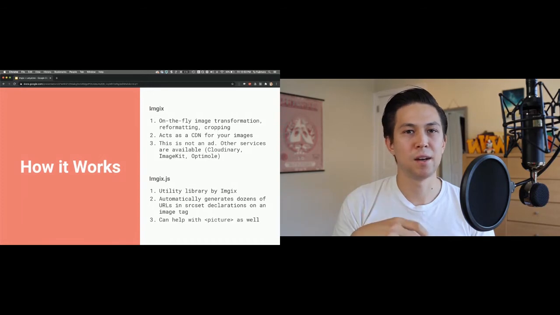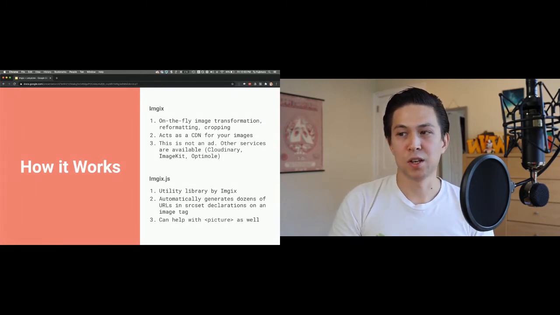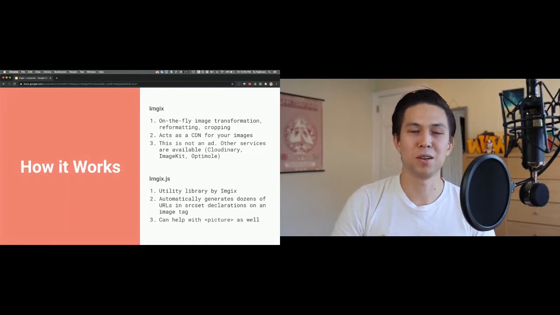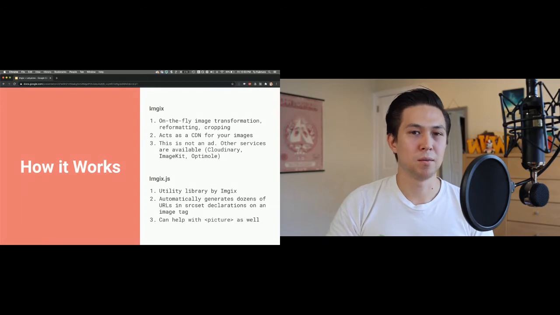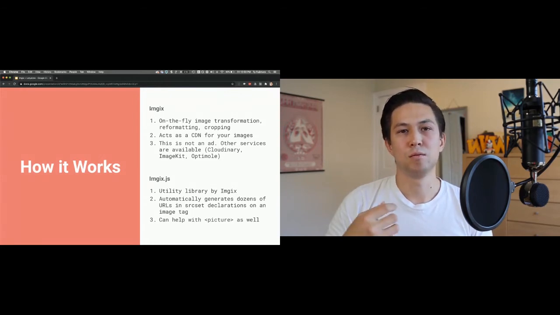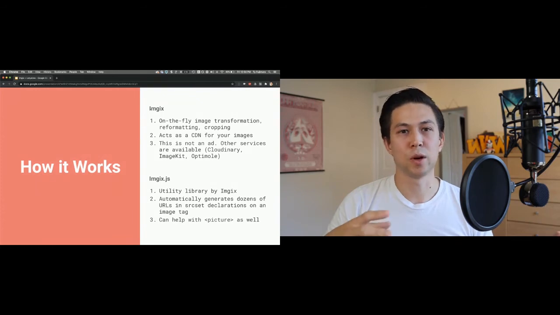And then you're able to add different parts of the query string that tell Imgix the way that you want to manipulate that image. Imgix on its own is really great, but by itself, it doesn't really do what we're talking about here. It's not going to automatically make tags for you that utilize it in any particular way. So that's why the company released this JavaScript library, imgix.js. What that does is it allows you to very easily create super condensed and comprehensive srcset declarations for image tags